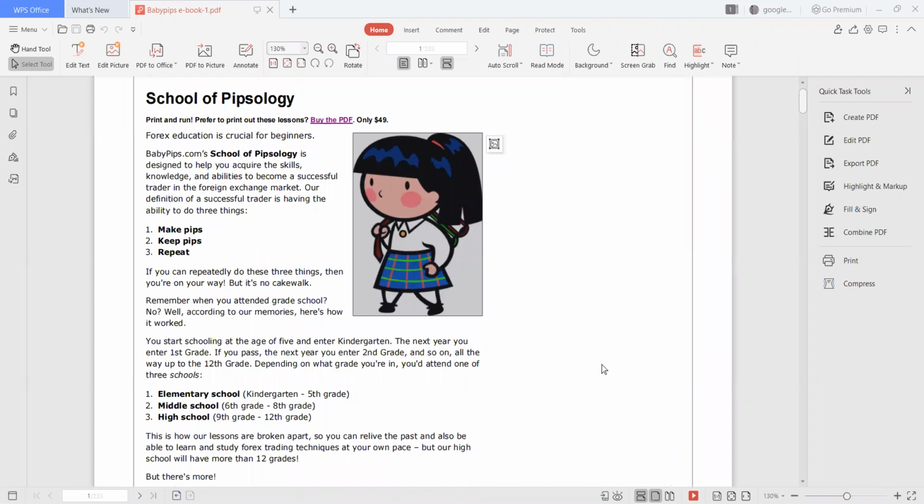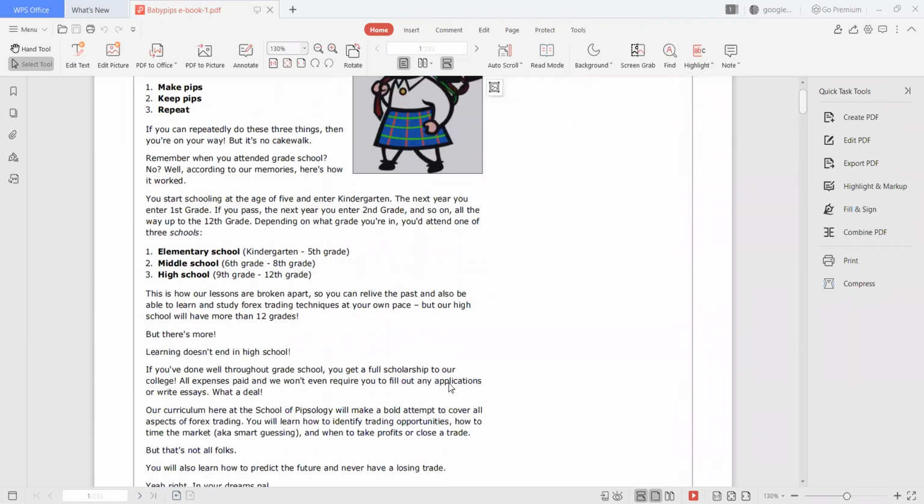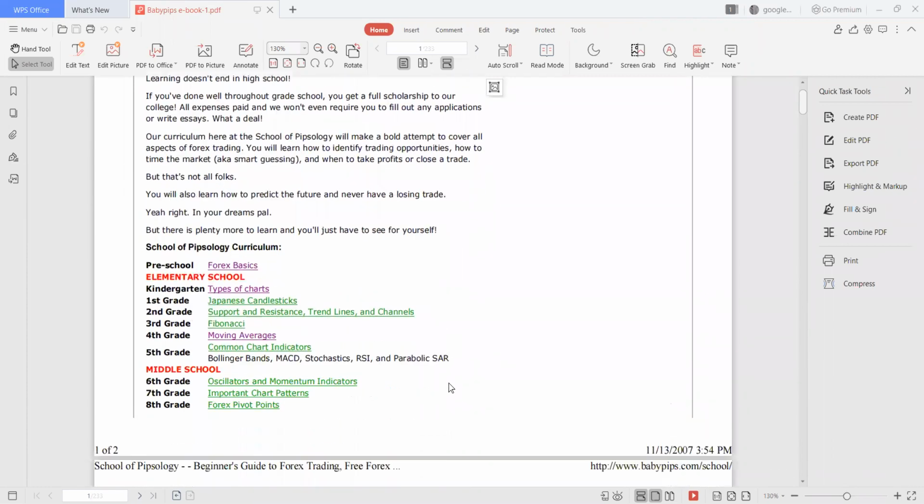I'm going to give you the PDF. It is called Baby Pips. They have a wonderful website, so you can check it again. All right, so we are going to